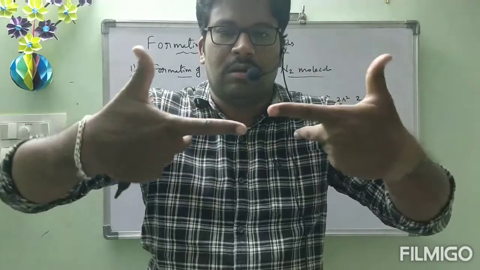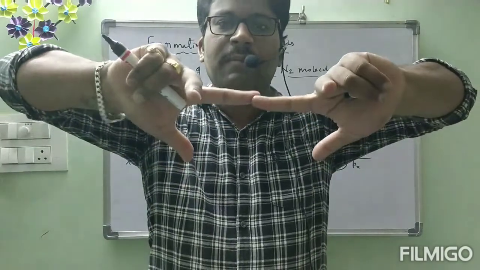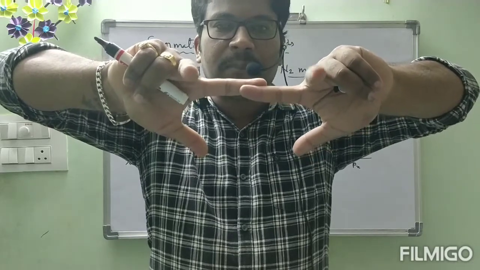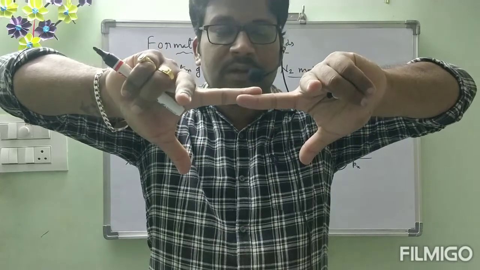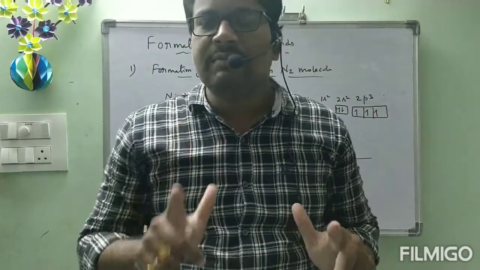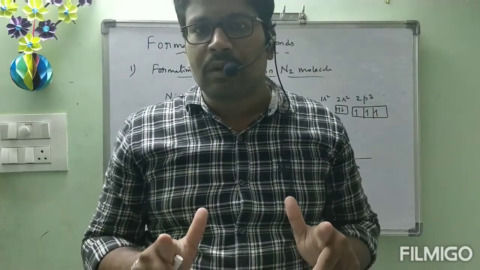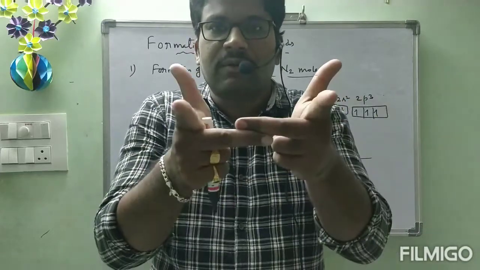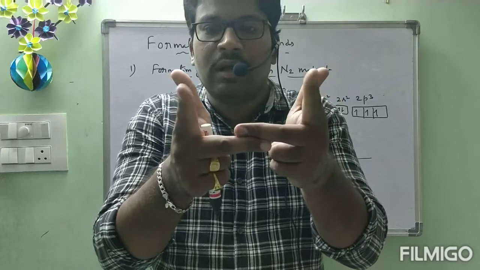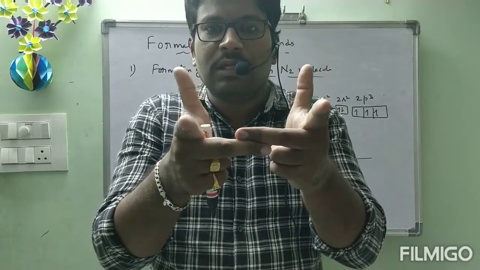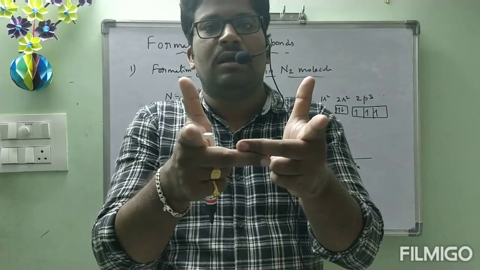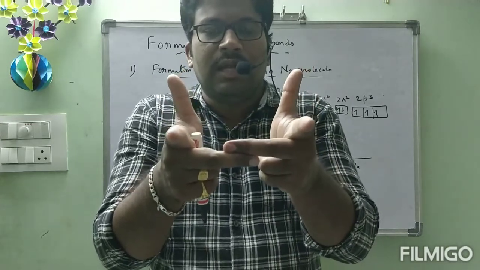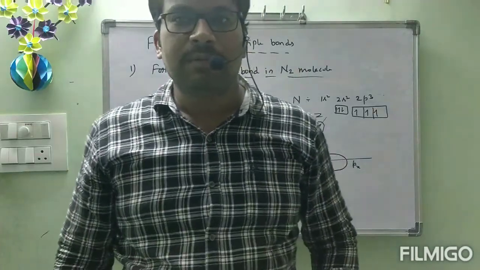See, py also can undergo complete overlapping. At that time, this px and pz, it is not possible. So any one bond only, it can be involved in complete overlapping. Okay, see here, complete overlapping is taking place, sigma bond. These two are involved in pi bond. These two are also involved in pi bond. In this way, totally 3 bonds will be formed between nitrogen molecule, triple bond, multiple bond between 2 atoms.